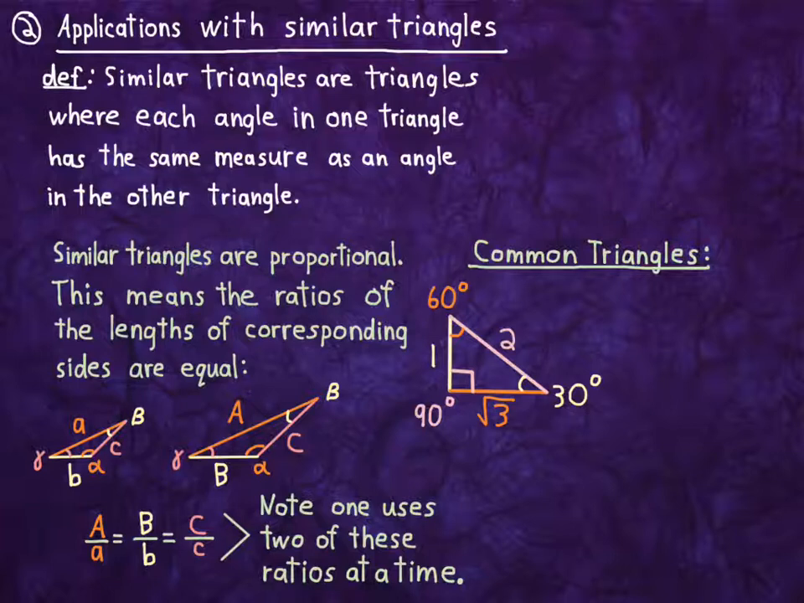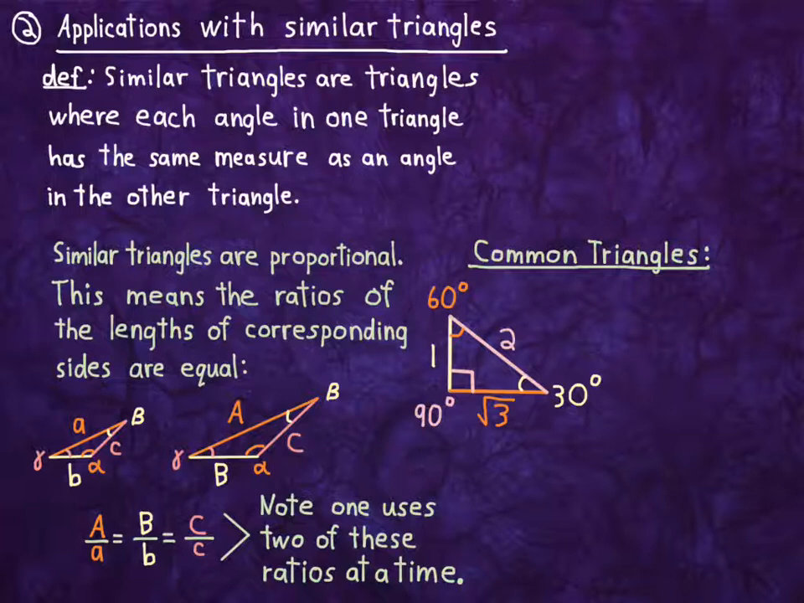The longest side is length 2. The longest side is always the hypotenuse. The largest side is always opposite the largest angle. The smallest side is always opposite the smallest angle. That's a theorem in geometry, okay? So the smallest side is opposite 30 degrees, so the smallest length